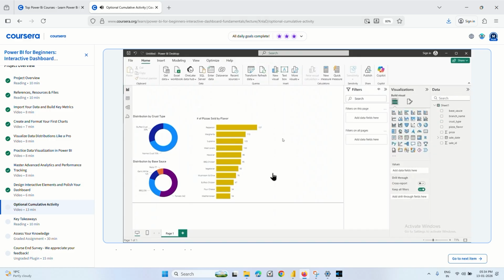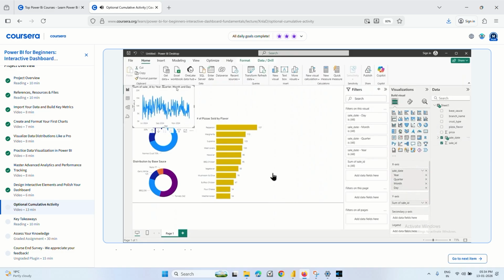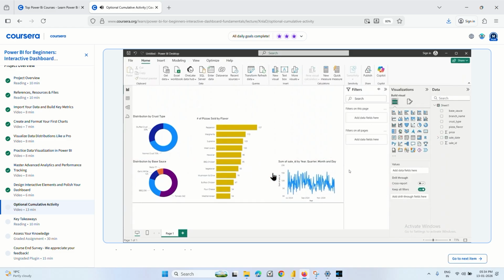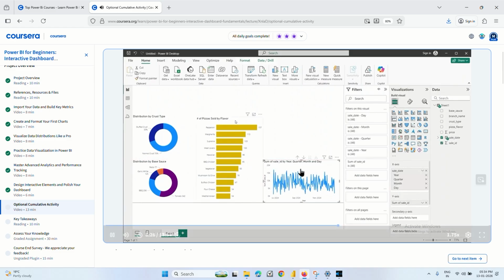We still have a few KPIs to visualize, which is 1, the total number of pizzas sold, 2, the total revenues from pizzas sold, and finally this time series. So for the time series, we'll go ahead and choose the line chart, and I will put in the y-axis the sales ID to show the number of sales, and on the x-axis I will put the sales date. Let's go ahead and put it here, and we'll make it a little bit larger without overlapping with this